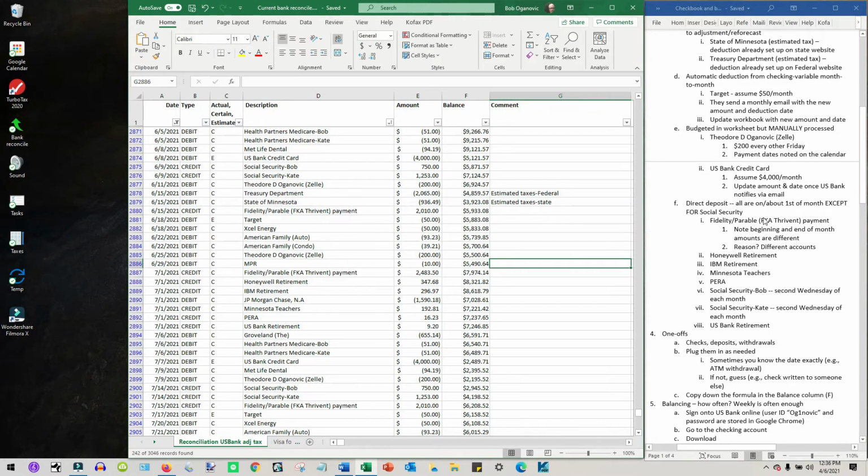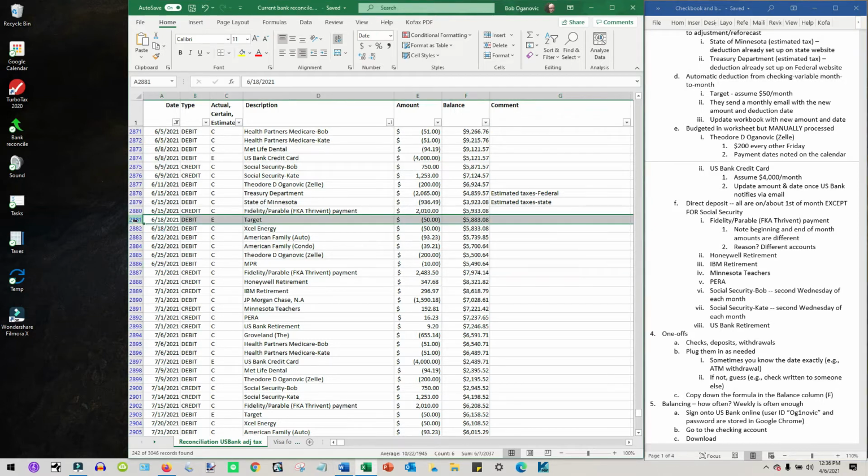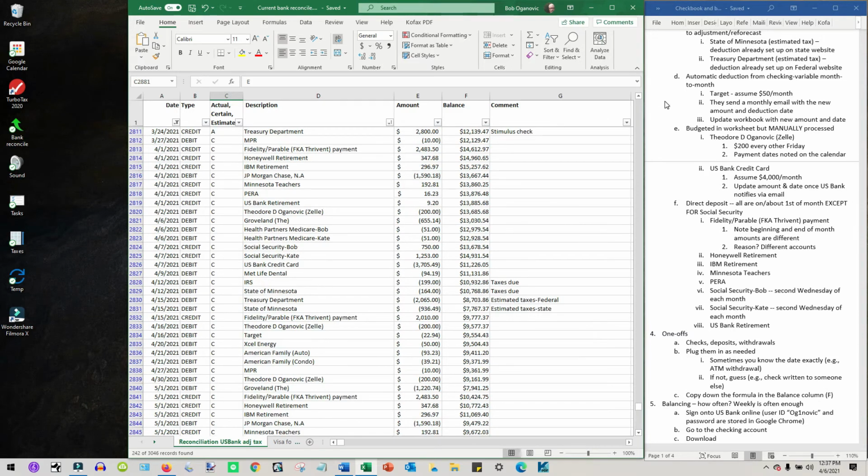Let's scroll down here. Automatic deduction for checking, but it varies month to month. That's a one-off situation, or that's what's unusual about Target. So I've budgeted $50 a month, but you can see that's an E, or an estimate. And they send out an email that tells you what that's going to be. Now, they will go ahead and make the deduction. And if you look back, say, into March,